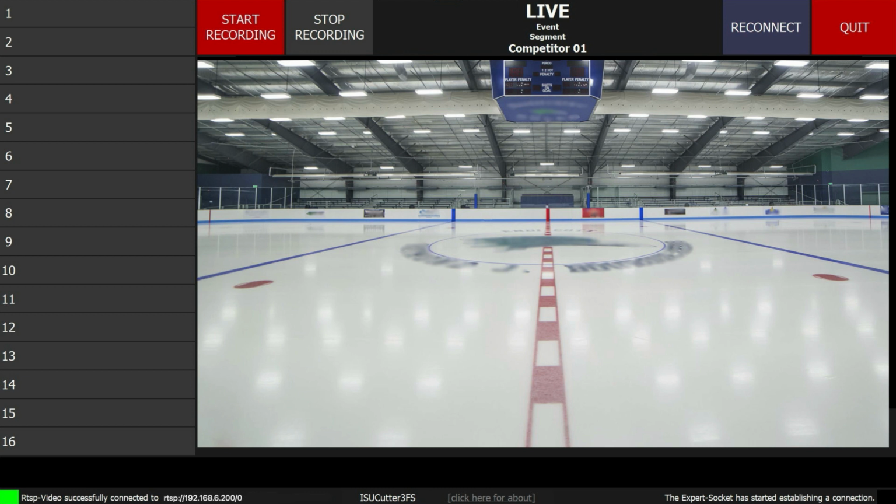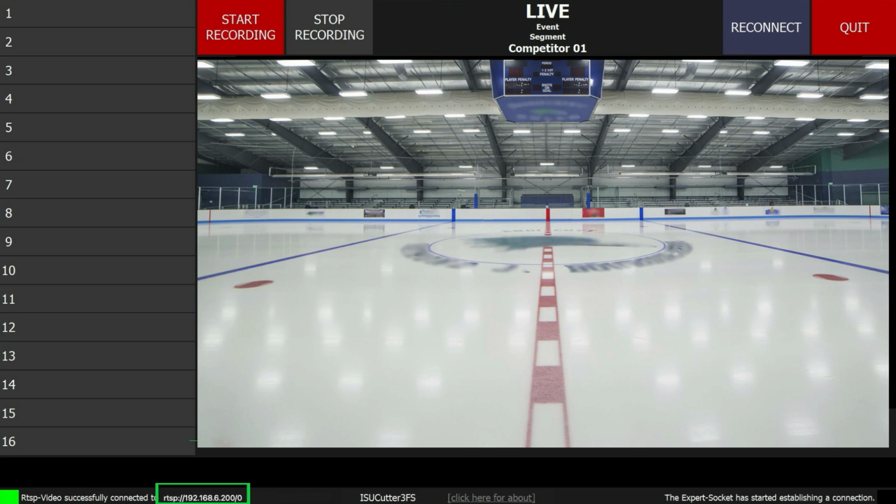Fortunately, there are ways of confirming the correct operation of at least the VRO computer and the JTAG device long before the videographer arrives. And this involves looking at the information that appears in the bottom left corner of the Cutter window. Here you'll see one of two messages along with the IP address of the JTAG device that Cutter has been configured for. So in this case, we see a green square along with a message indicating that Cutter has successfully connected to the RTSP video stream provided at the IP address